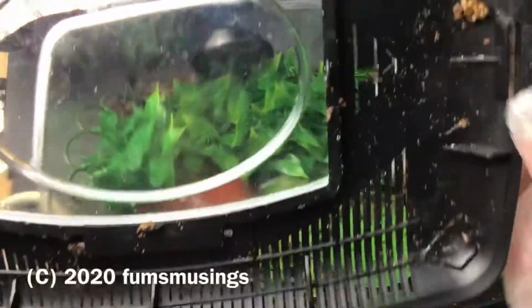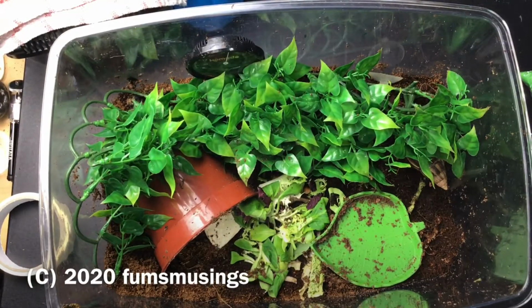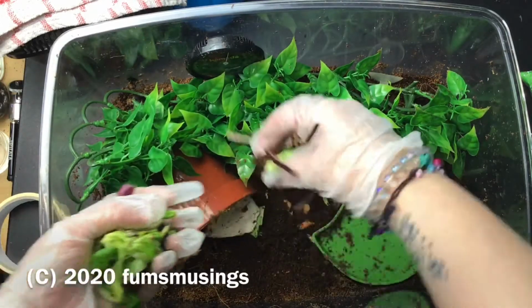Hi everyone, thought I would just film while I cleaned out Morty. Morty's just in here chilling out for a bit. I was having it where a lot of eggs were being laid and they seemed to come from Morty a lot. So what I did was separate Morty out for a bit just to give him a chance to sort of,